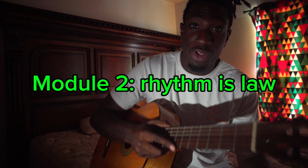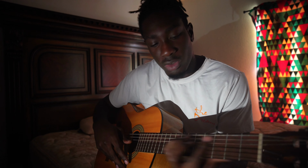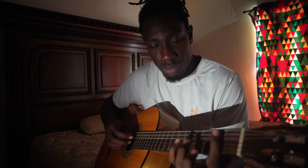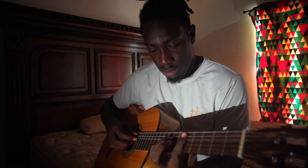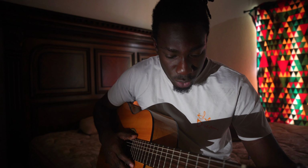So why does rhythm come before everything? That's because you don't want to be playing random stuff where there's no structure to it, right? So you have to have some sort of either metronome, beatbox, whatever helps you in order to stay within the box, right? So to understand this, whenever you're playing chords or scales or whatever, you want